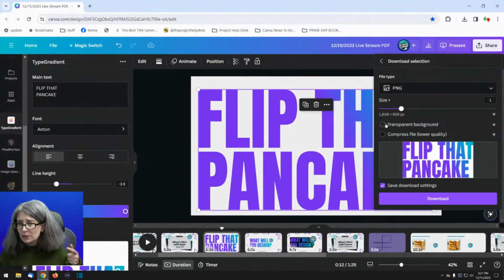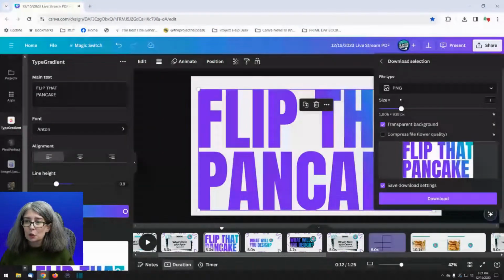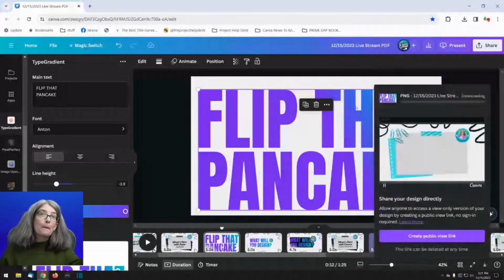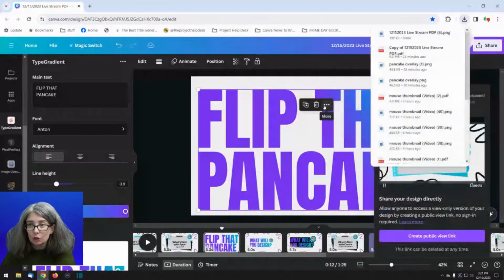I'm going to download it with a transparent background. This is important. This is a Canva Pro feature, the downloading with the transparent background. But in order to do the effect, you need it to have a transparent background. I'm not going to increase the size, even though I could. I'm just going to download that and bring it back in to the design.